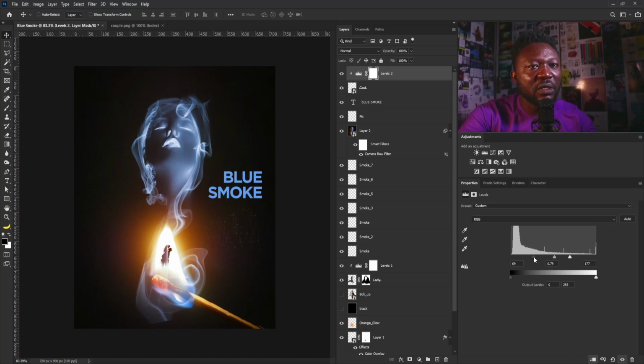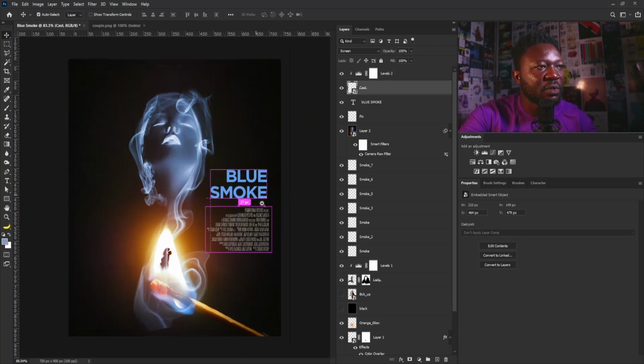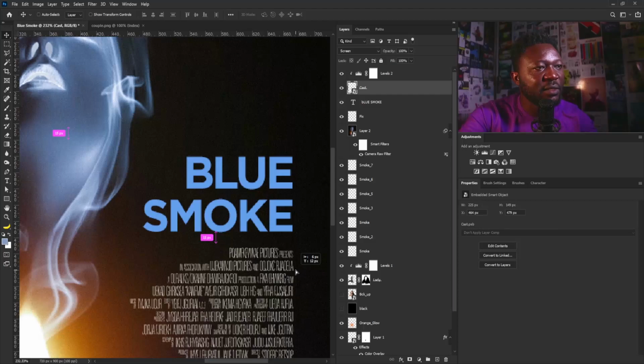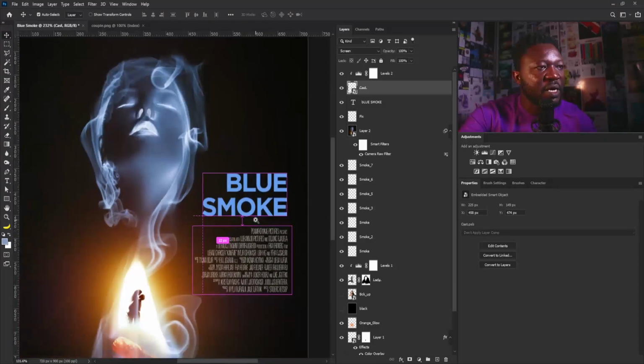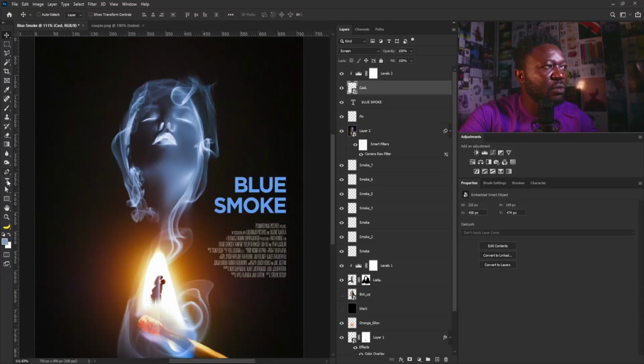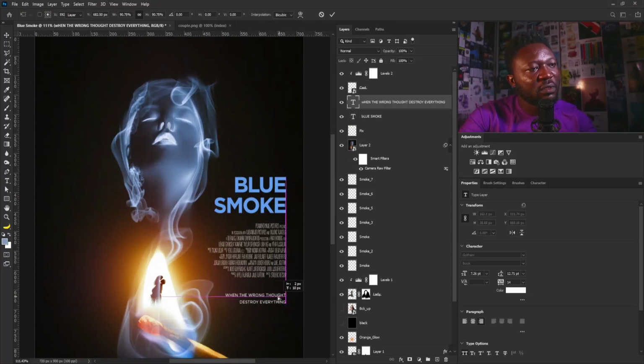Move this in. All right, now you see that we're beginning to lose the background, and our text is now visible. All right, so I'm going to move this to this side because this needs to align with the title, and I'm going to move this here. All right, and so the subtitle should be, and this should be here like so,